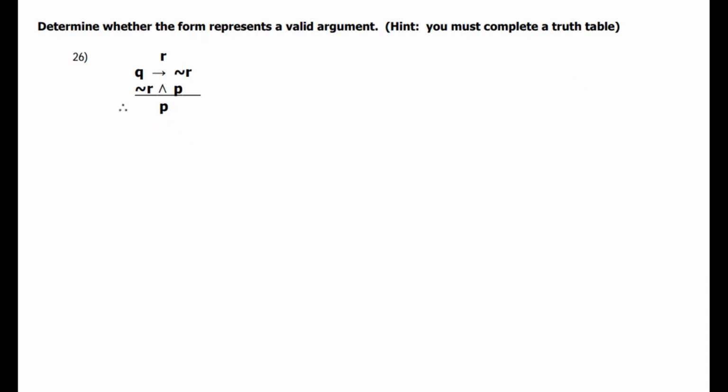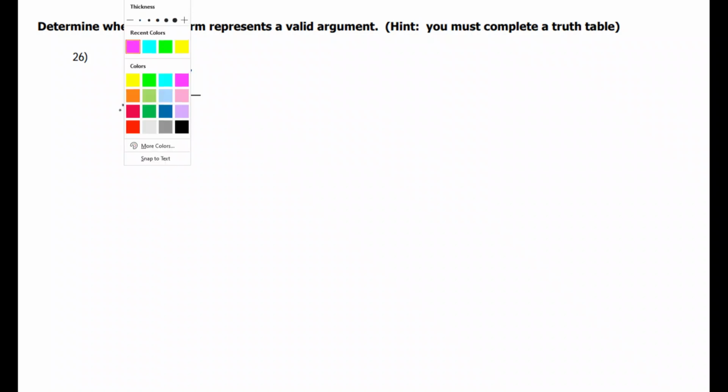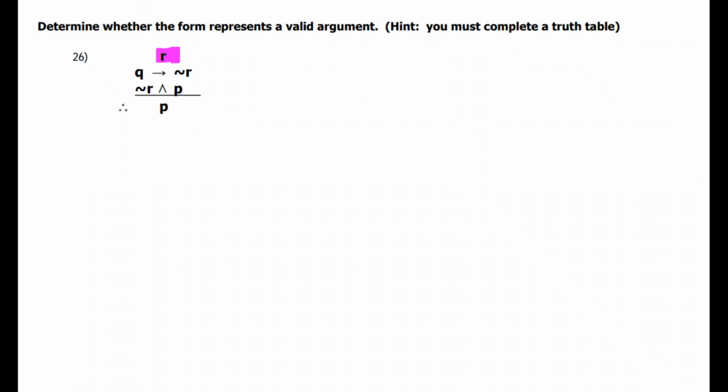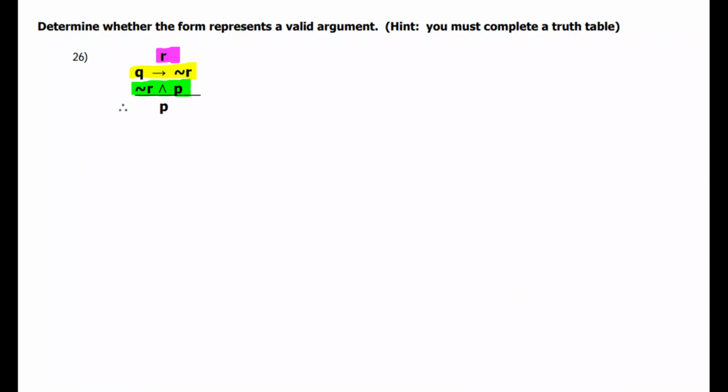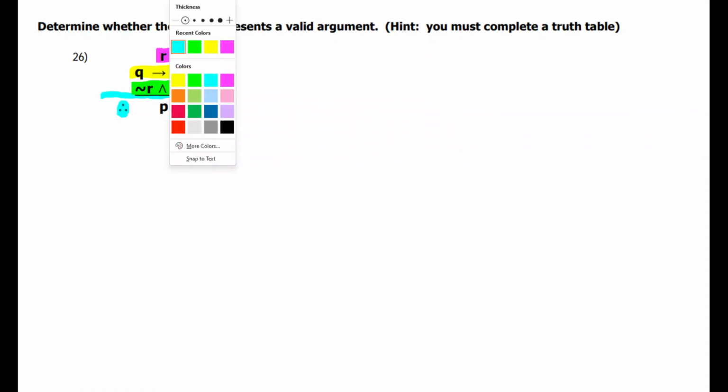All right, on 26, you have to determine whether this form represents a valid argument. And this one has three premises. You have R, you have if Q then negate R, and negate R and P. And then remember the line, let's make this smaller. This line right here is your therefore,